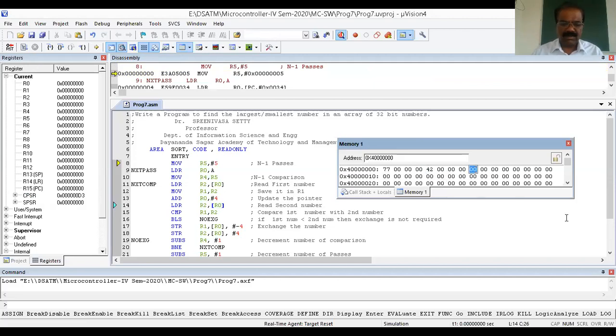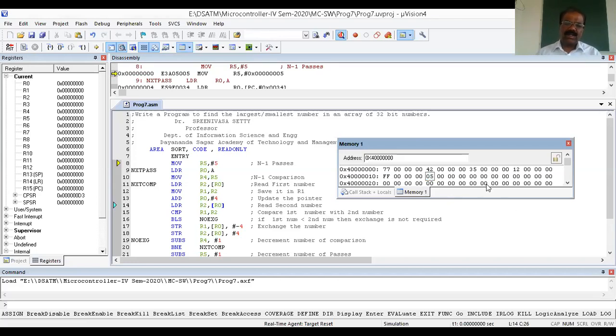Now the starting address of the third number, let it be 35. Then the starting address of the fourth number, that is 12. Then this is the fifth number, let it be FF. FF stands for 255. I'm going to put it in hexadecimal form. Then 1, 2, 3, 4. Here this is the sixth number, let it be 05.